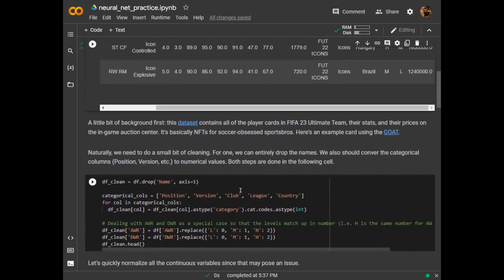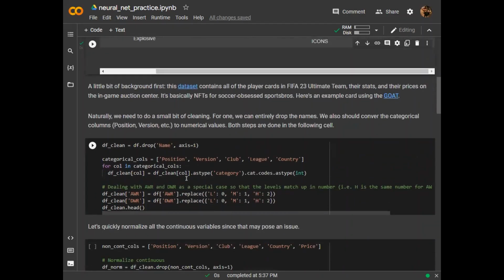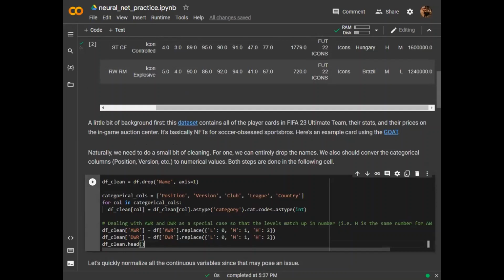This little for loop right here is just going to take all of the